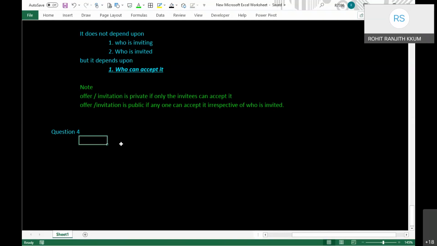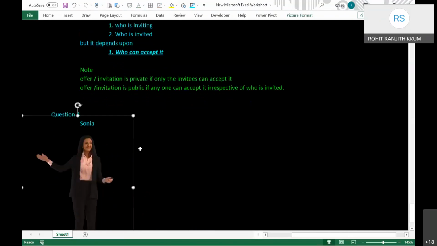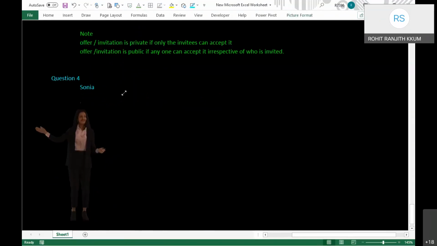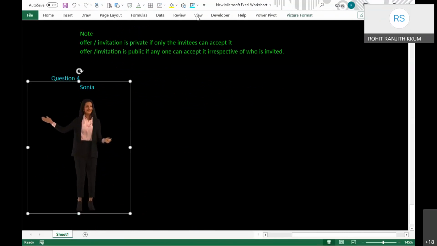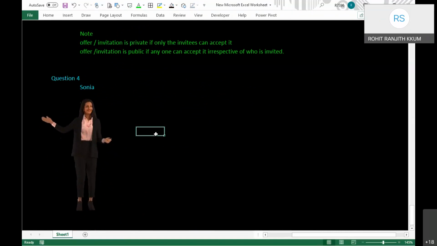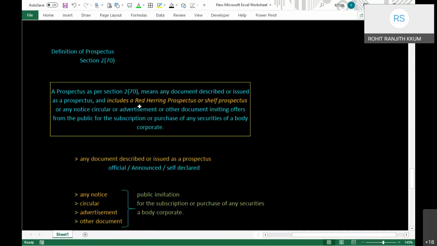So question number 4 goes in this way. Suppose there is one lady called Sonia. All right. She decided to go for share capital. She wanted to get some share capital. All right. She wanted to go for some share capital. And that's why she advertised in newspaper